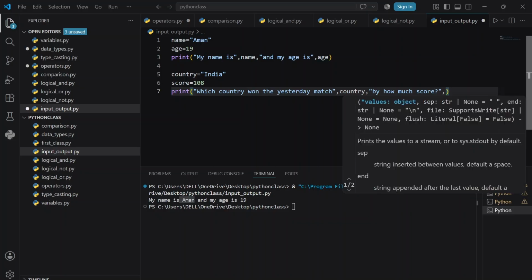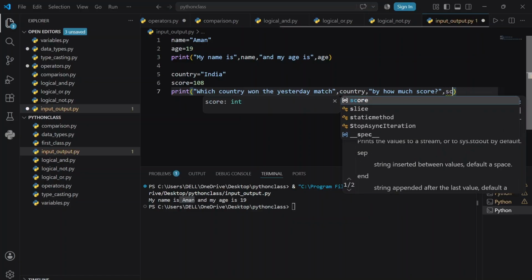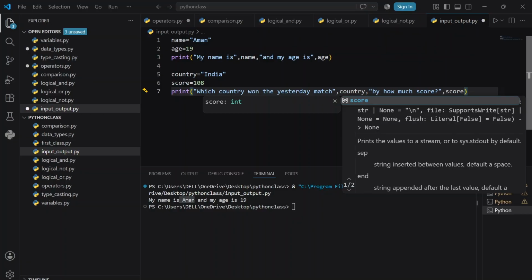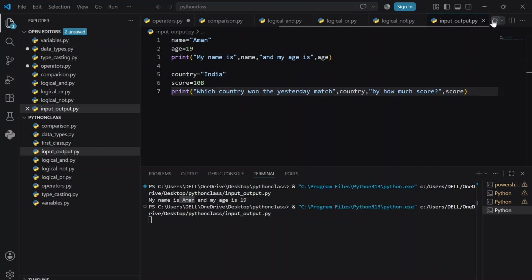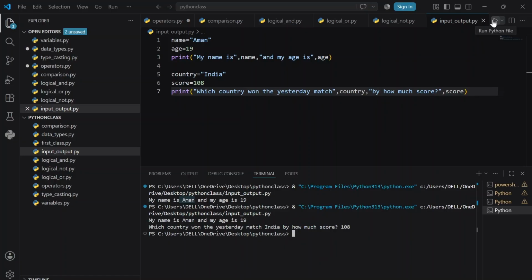Again the same thing, I am writing here our score. Now I am just going to run this code, and as you can see, it is written: which country won the yesterday match. India won by